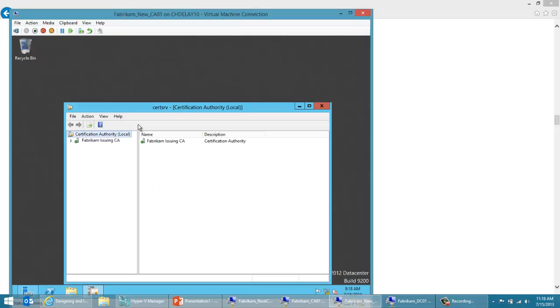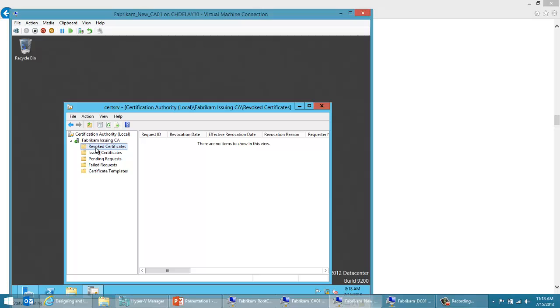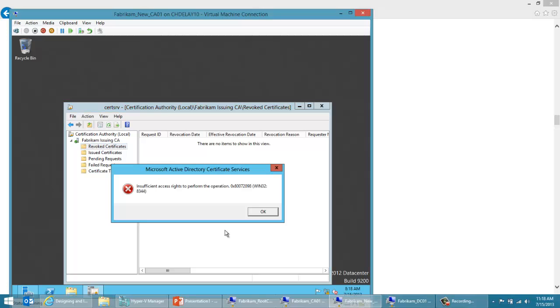Okay, so I've made the change, I've restarted the service. I just want to test that I can still publish CRLs there, so I'm going to right click on Revoked Certificates and do All Tasks, Publish. See if I get any errors when I do that. I may very well get an error because I'm not sure how this new machine would have access to that